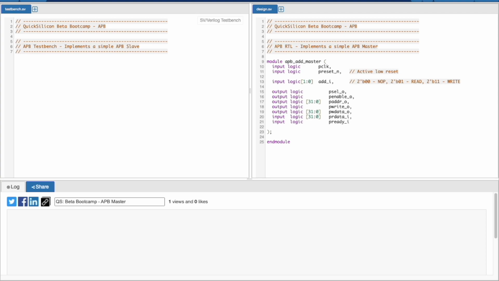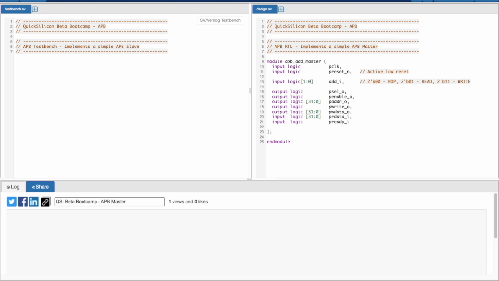So we have all the different interface signals defined: the clock, reset, add_i, which decides whether we want to do a read or a write, and then all the different APB related signals, which are PSEL, PENABLE, PADDR, PWDATA, and the inputs PRDATA and PREADY.